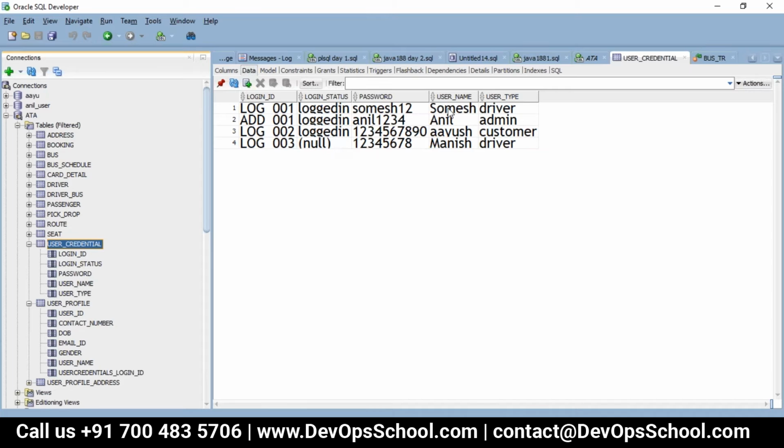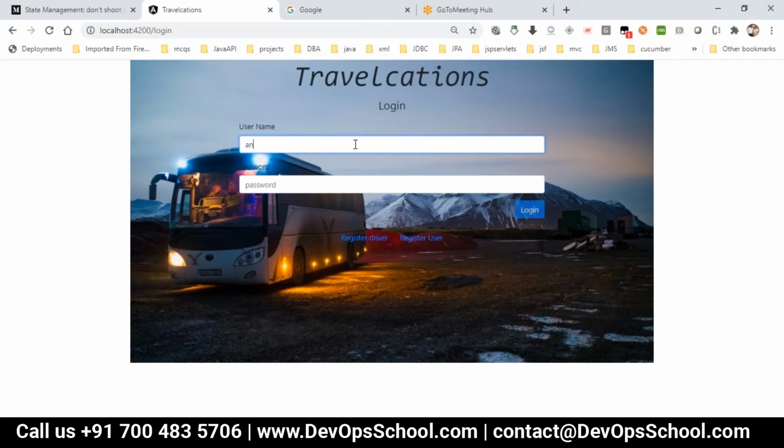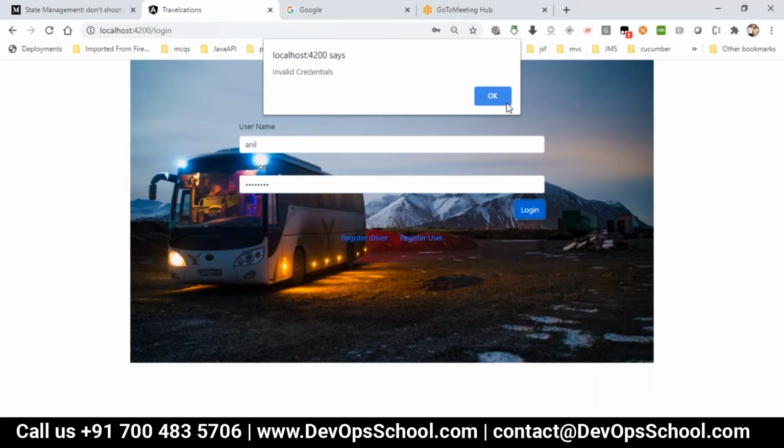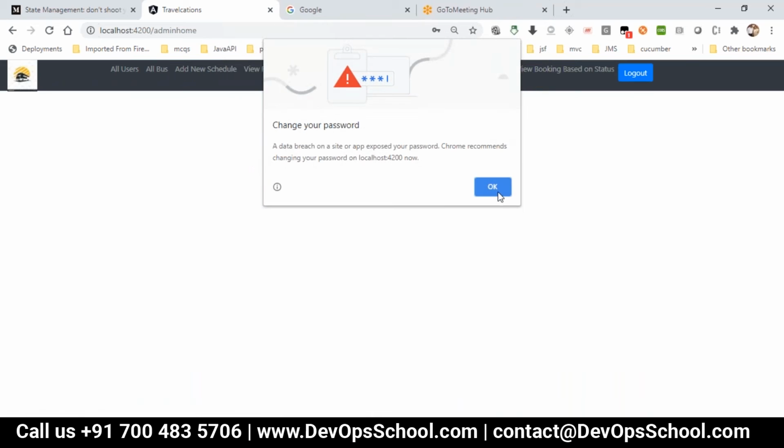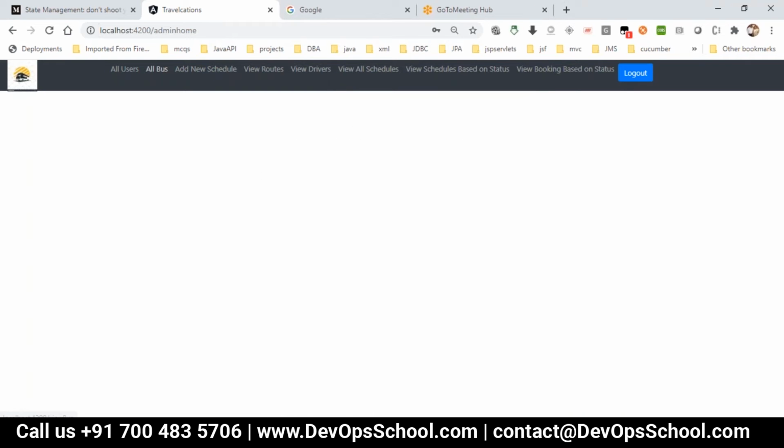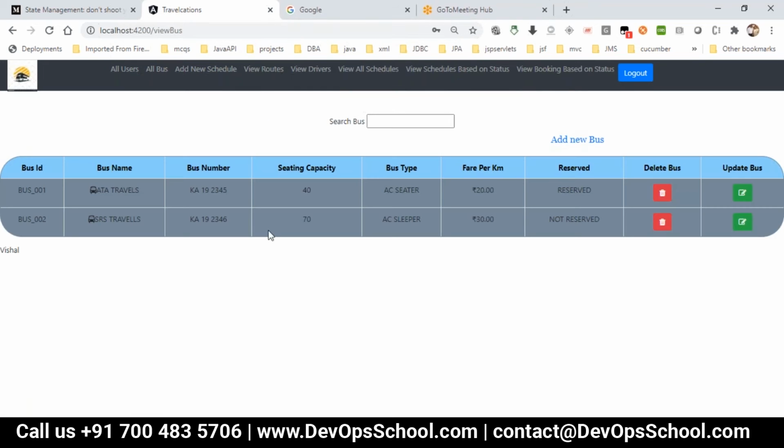And I have one user which is of type admin. So I will just go to that, Anil and Anil 1234. Mind the case sensitiveness. Once the admin is logged in, whenever he goes to all buses, the buses which are already there will be displayed.